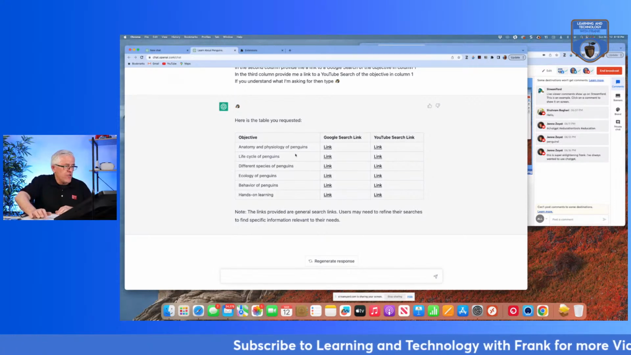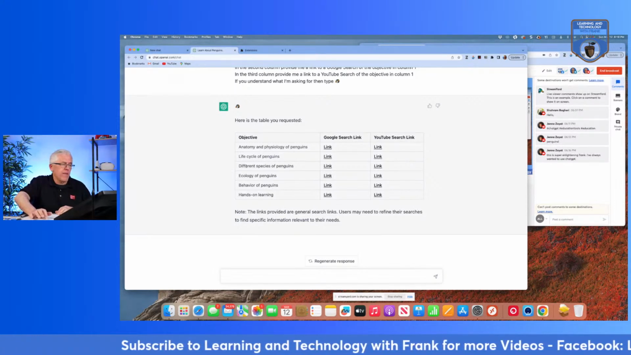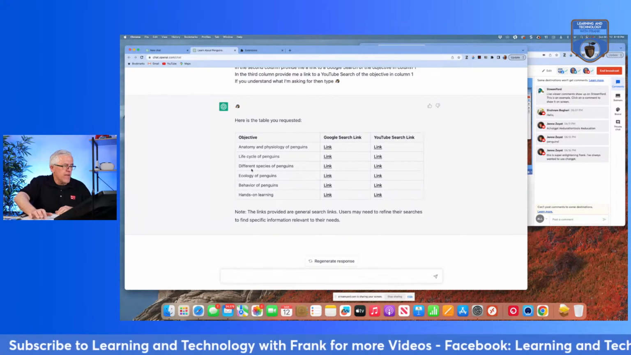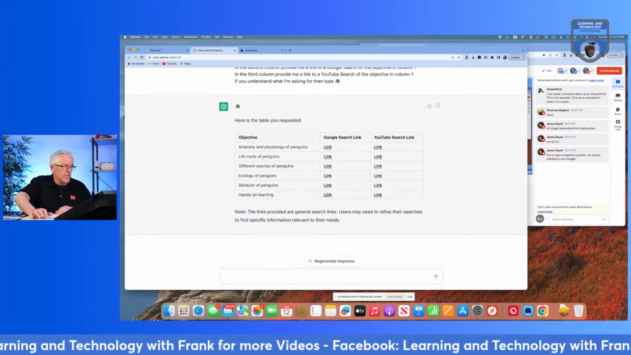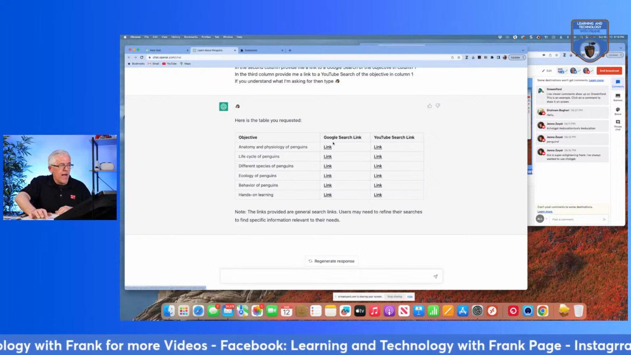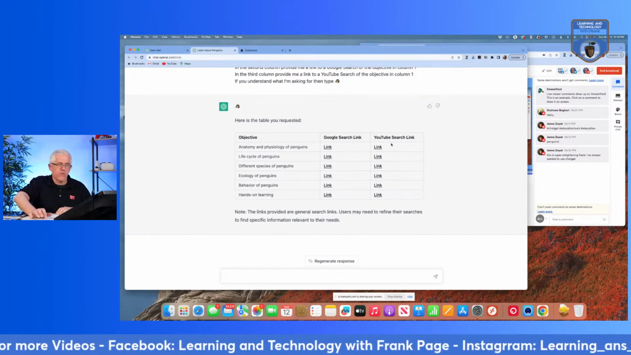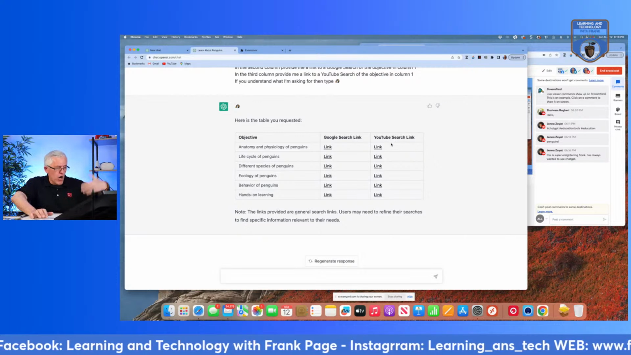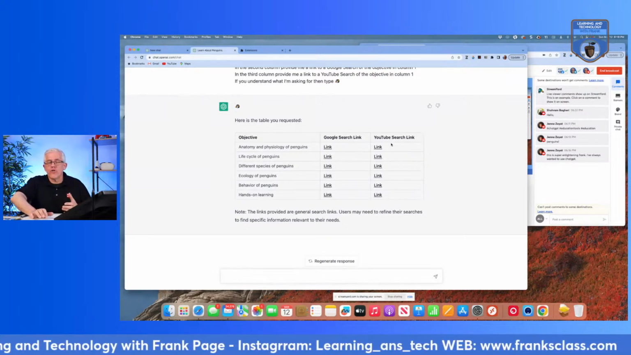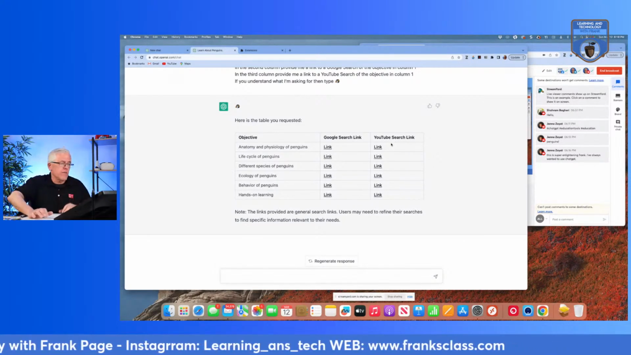and you'll see that I've got each of the objectives. I'm going to study the anatomy and physiology of penguins, life cycle, different species, the ecology, the behavior, and the hands-on learning. And I have a Google search link and a YouTube search link. So if I was to copy and paste this into my learning journal, maybe a OneNote or a Notion template,